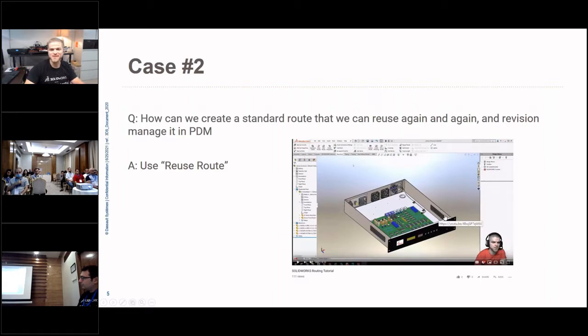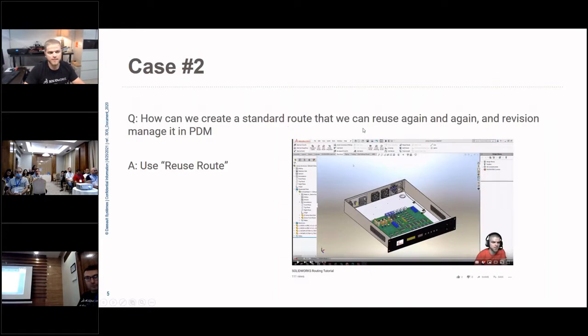Question number two, we're switching from simulation to routing, to assembly wire routing. We're gonna jump all over the place with this presentation, and that's actually one of the things I like about it. And it's very similar to tech support. You never know what kind of phone call you're gonna pick up in tech support, and it could jump right from simulation to routing.